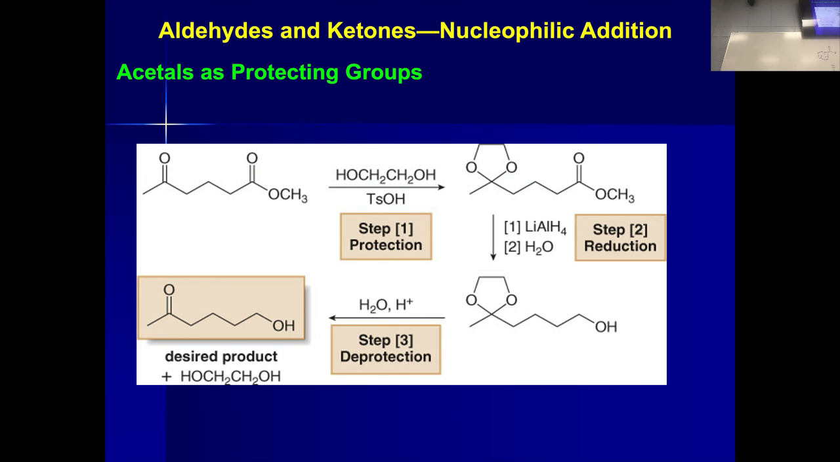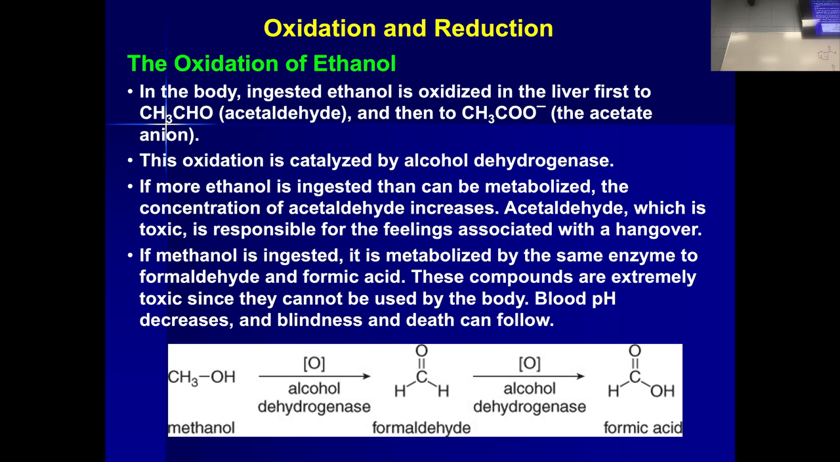And then I can just simply dump this into a lot of water with a little bit of acid, and I can remove the acetal and reform my ketone. And so that's where this protecting group chemistry comes in handy. It's a lot of steps, but it's the way to get what you want from something that normally can't happen. Okay? So protection,